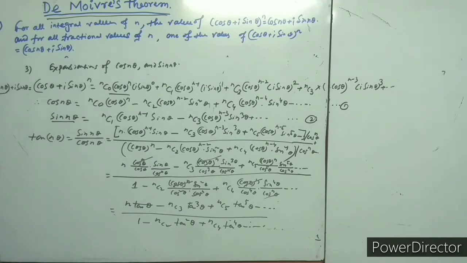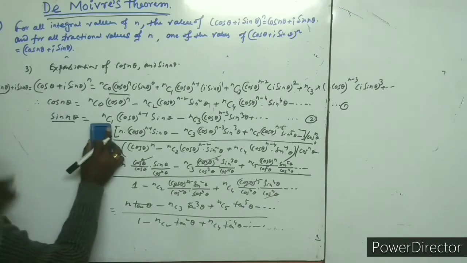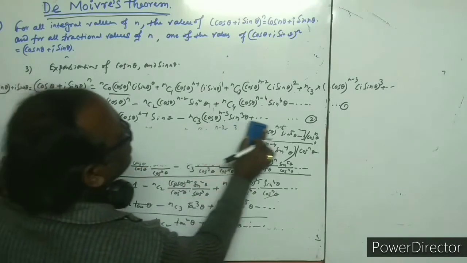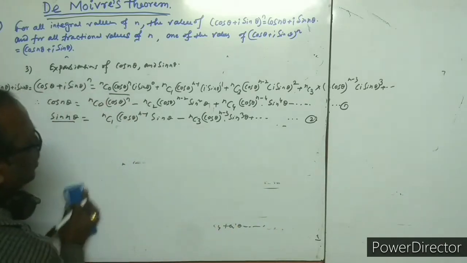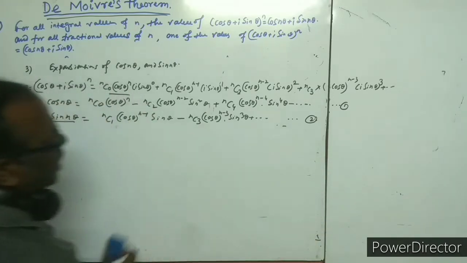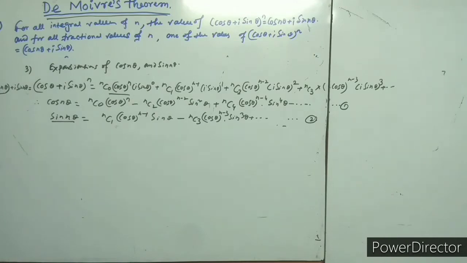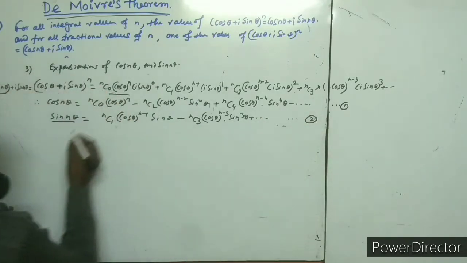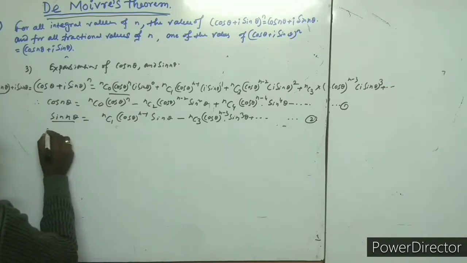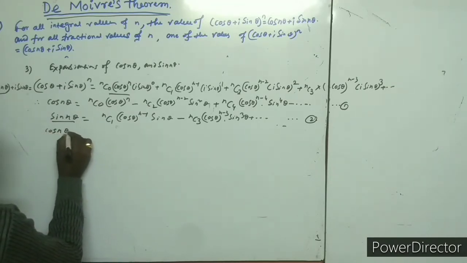Now the next point is the expansion of cos alpha and sin alpha. From this expansion we use the expansion of cos n theta and sin n theta. See here, this is another most important point, that is the expansion of cos alpha and sin alpha. Let us assume this is 1 and 2. From that we can write again